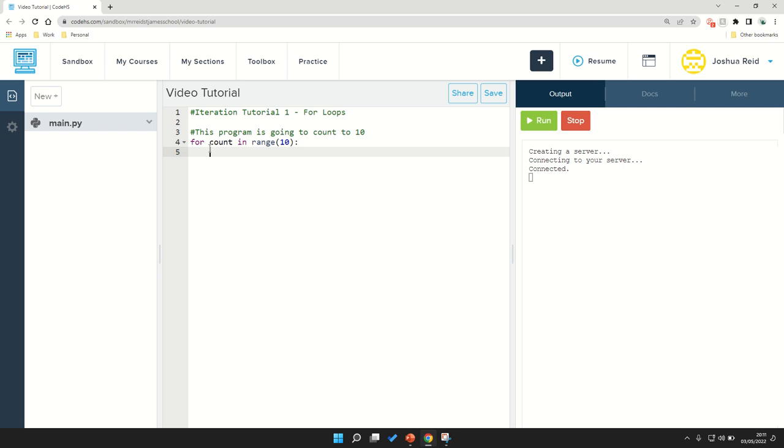I'm then going to output something so we can see it in our shell, and the output I'm going to use is that count variable. So this is going to show me what count starts at and what it ends at. So if I run this program now, you'll see that it's going to output 0 all the way up to 9, because it's going to start counting at 0, and that's going to be 10